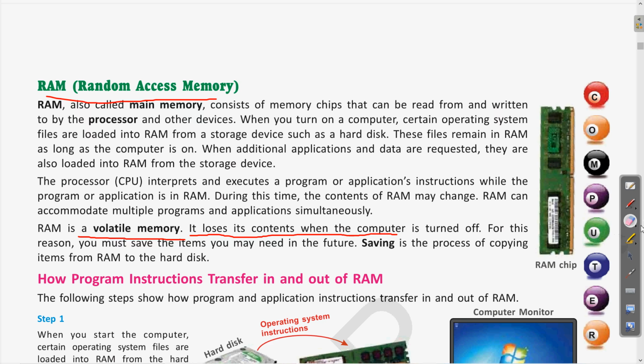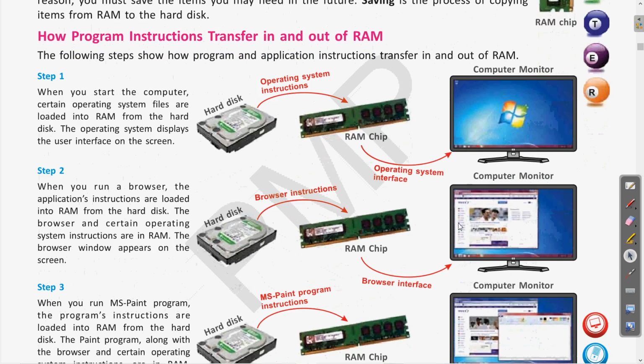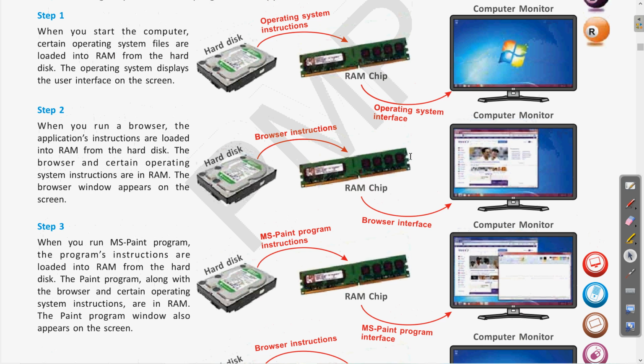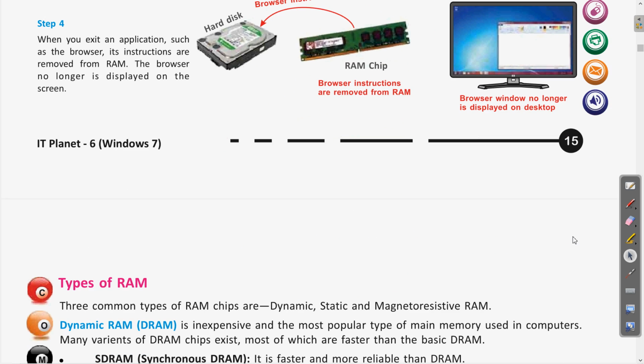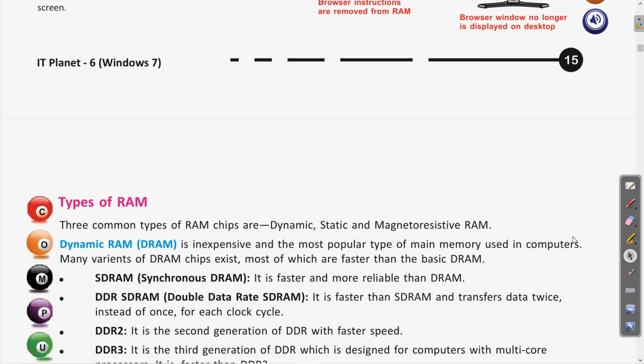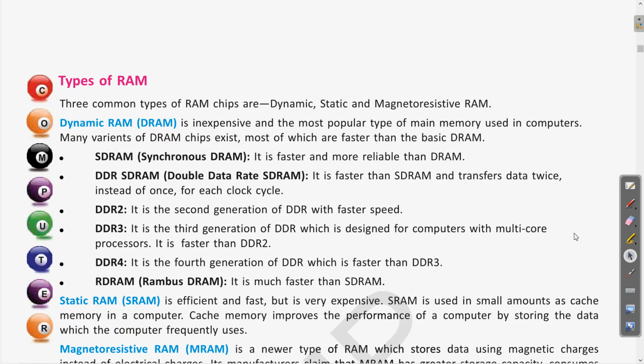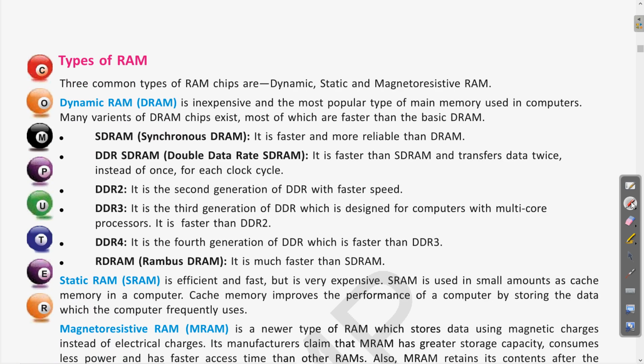Okay, so after that let us see further. We discussed how the data which we browse on the computer, which we open on the computer monitor, is copied from the hard disk to the RAM. Clear? So this we also discussed in the previous class. Today we are going to see the different types of RAM. All of these devices have different variations. So now we will see what the different types of RAM are. Okay, so let us start.